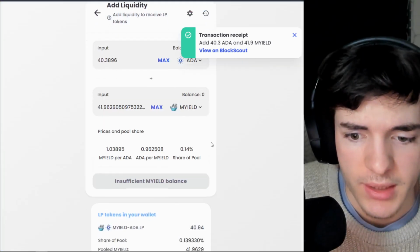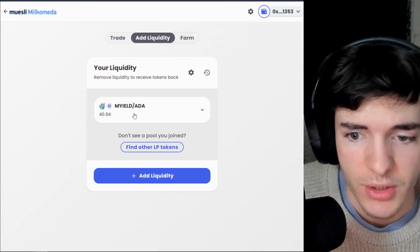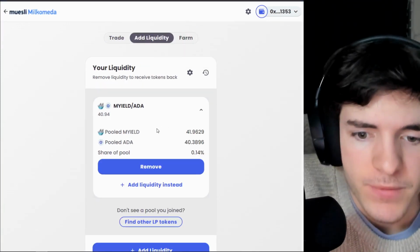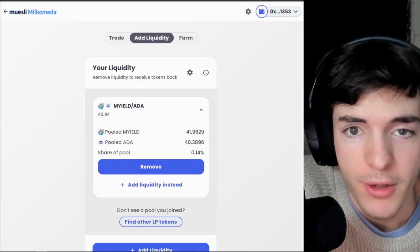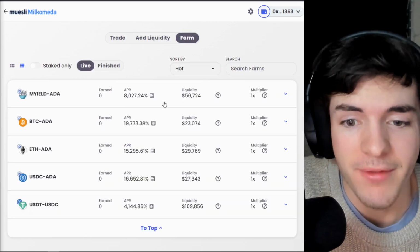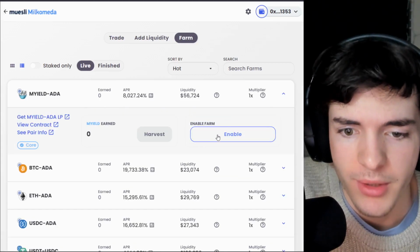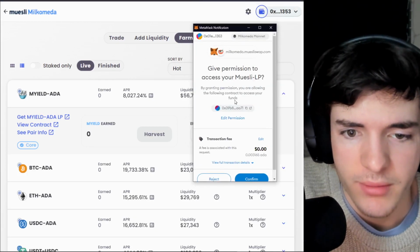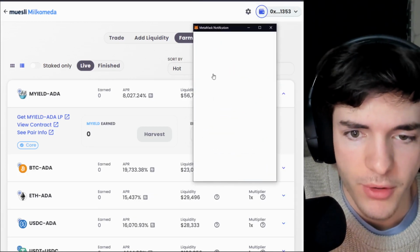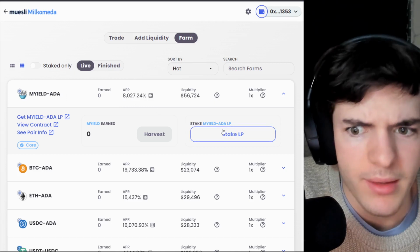Let's close this, and let's see our new position at the add liquidity section. We have right here 0.14% of the pool, and now we can go ahead and farm. So this step is actually also very simple. All you're gonna have to do is go to the yield you want to farm on. We're gonna enable the farm right here. It's gonna allow some permission inside of our MetaMask. Confirm it. Wait a minute, and now we can stake our liquidity pool tokens with this pair and earn 8,000%